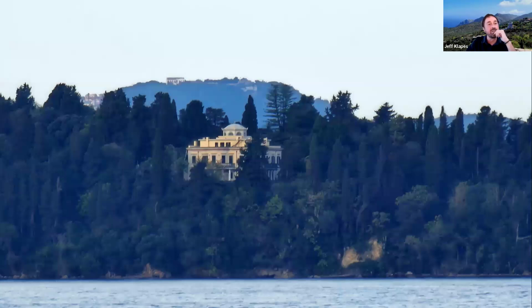This is passing, you remember we visited the mansion called Mon Repos. This is looking at it from the ocean. You can go on a tour. You can take a ferry. There are different ways to get there. There's regularly scheduled ferry service. We took a tour because